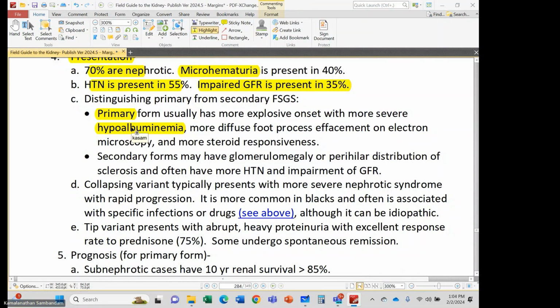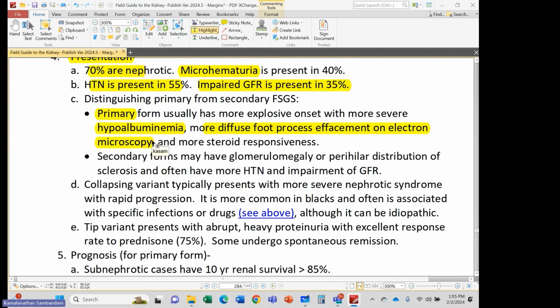Okay. You're on EM going to have, usually, this is not 100%, more diffuse foot process effacement on EM. Okay, so 80% foot process effacement. If you see that patchy foot process effacement, you'll be calling into question whether this is primary FSGS. You can absolutely still have patchy foot process effacement in a form of primary FSGS that